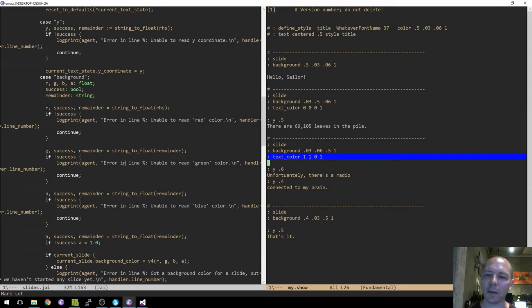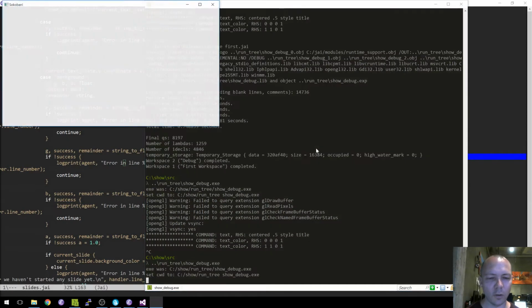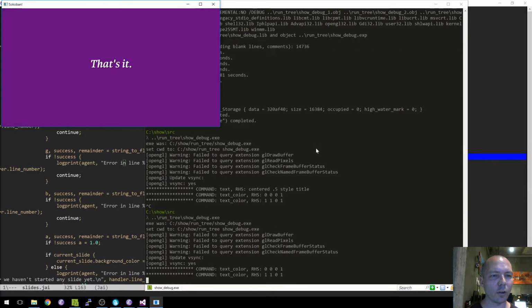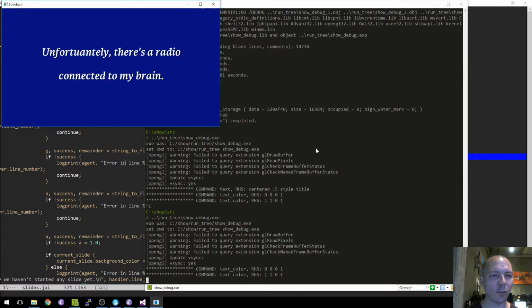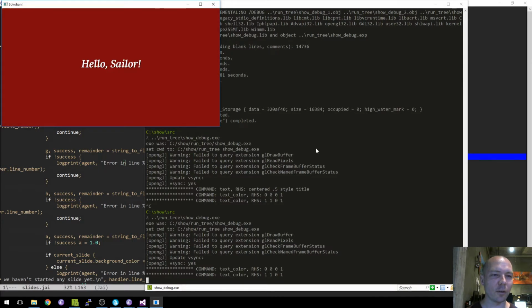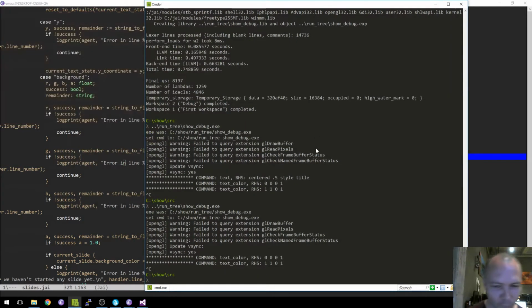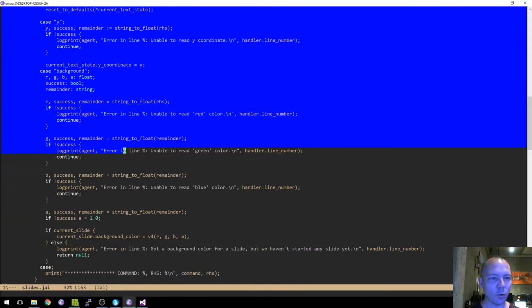So let me do that, and it's sad because this looks really good with the white text. White on any background color doesn't tend to look too bad, but once we start goofing around with it, which we're about to do,